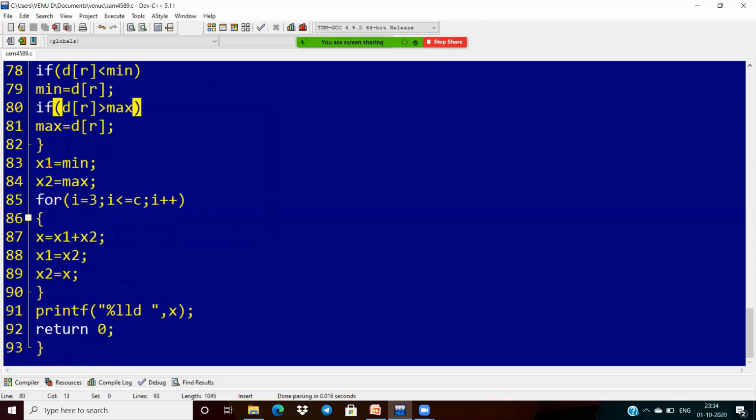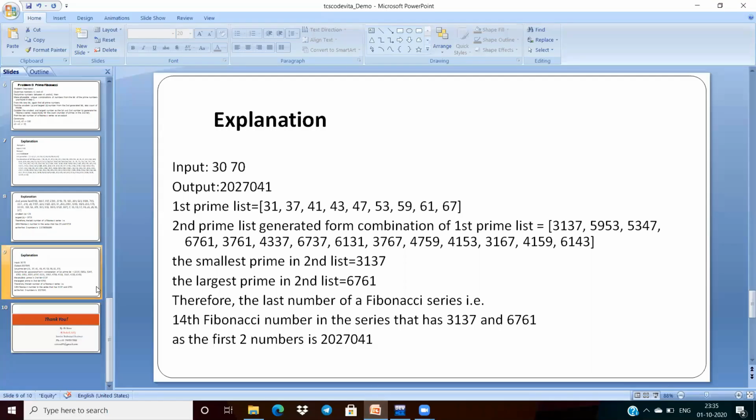I know the x1 and x2 values: min and max will be x1 and x2, and I implement the Fibonacci series. But I want to print only up to C terms. I want exactly the last term, not all the terms. So that is why I have to print the x value at the last time. Okay, so this is the final.